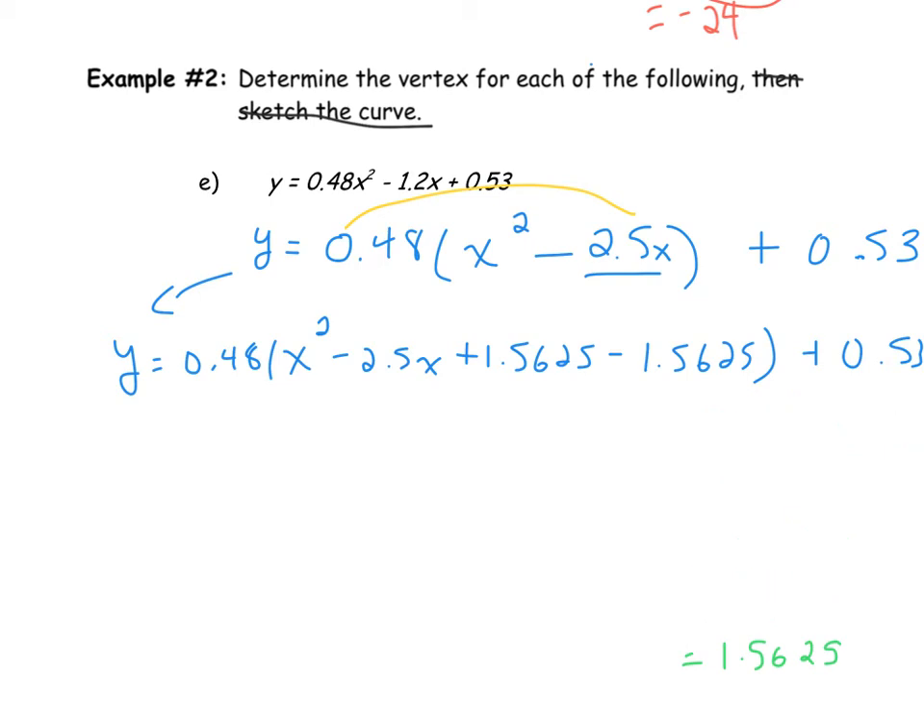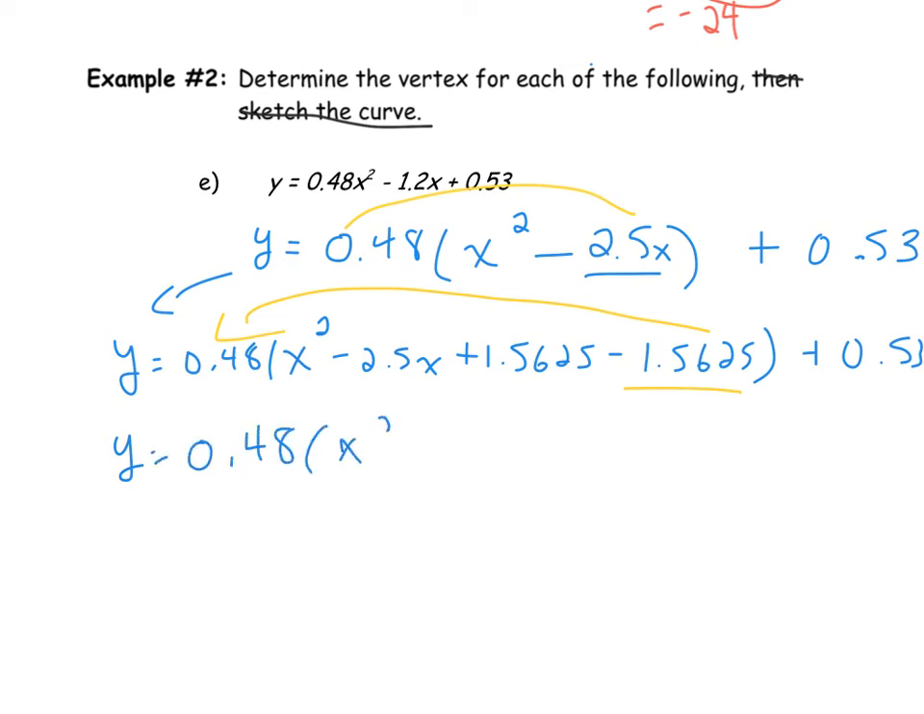I'm going to hide some of this. All right, and so now I'm going to start with my next phase, which is to get rid of my negative 1.5625 by multiplying it by whatever is outside the bracket. So here I go. I'm going to again need my calculator for that. 0.48 times x squared minus 2.5x plus 1.5625